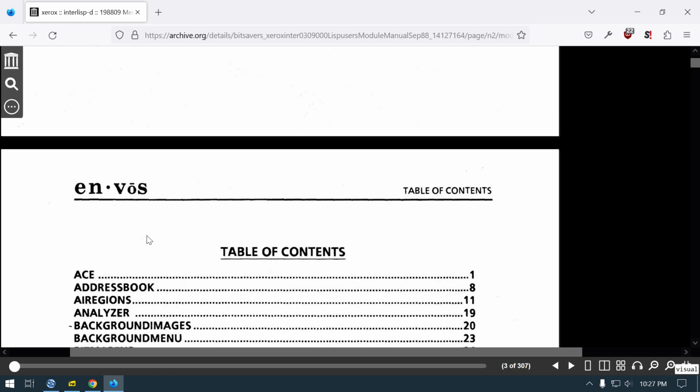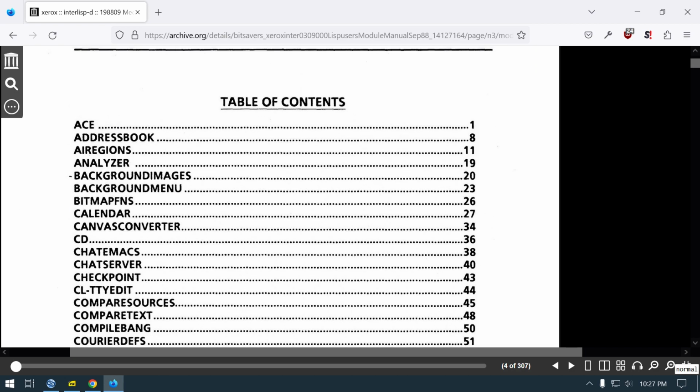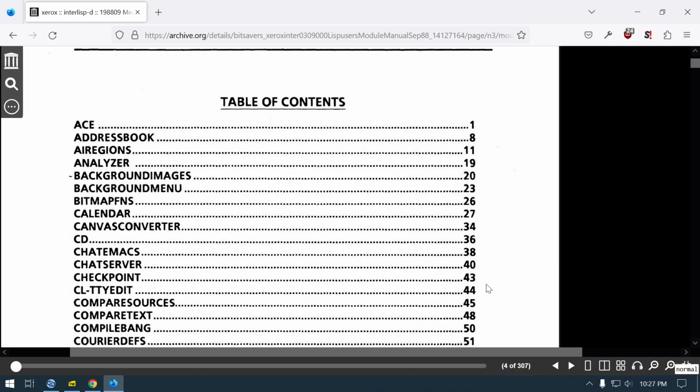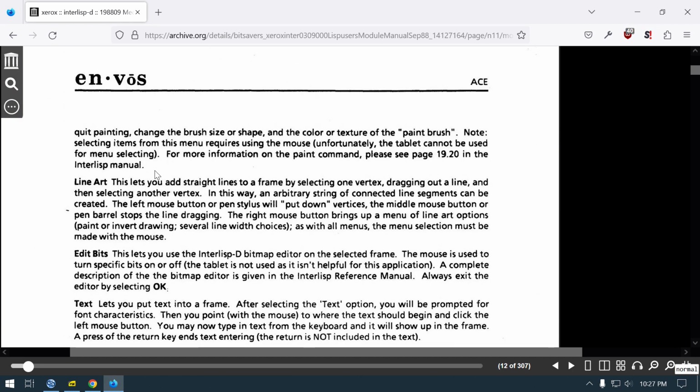Yeah, it doesn't say they're related to each other though. And so I think air regions. So yeah, we have A's address book, air regions, analyzer, CD. And if we come back over here, we'll see that these are those guys that are sitting over here. So this particular one, I should have downloaded this first because it's so slow in here. Anyway,